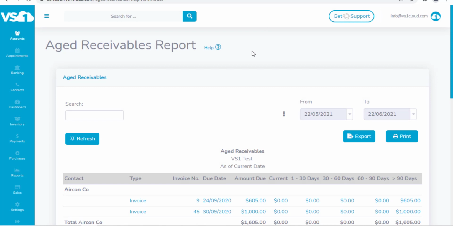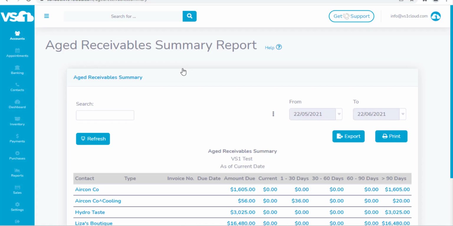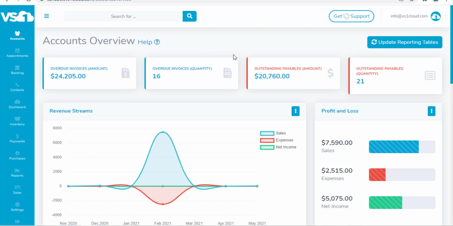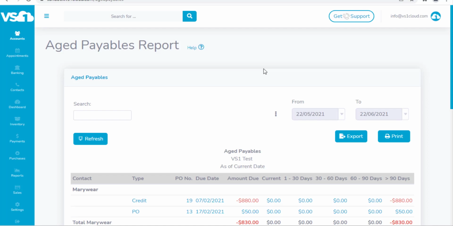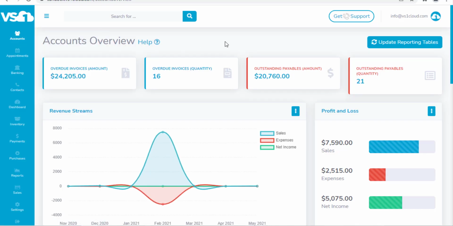To navigate back to the accounts overview, simply select Accounts. You can also navigate by selecting overdue invoices. That'll take you to the aged receivables summary report. And if I go back, you can also view the aged payables and aged payables summary report by selecting these outstanding payables amounts or outstanding payables in terms of the quantity. To navigate back, I'm simply going to click Accounts, and this will take me back to the accounts